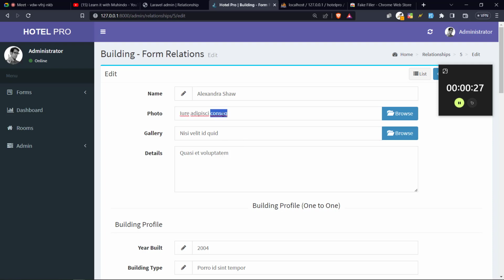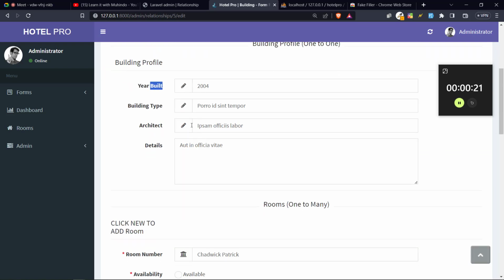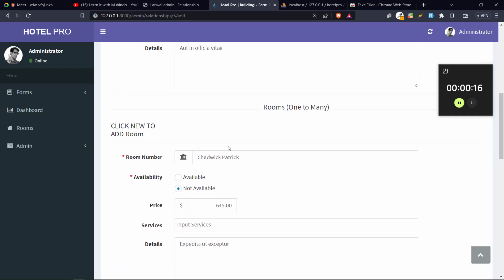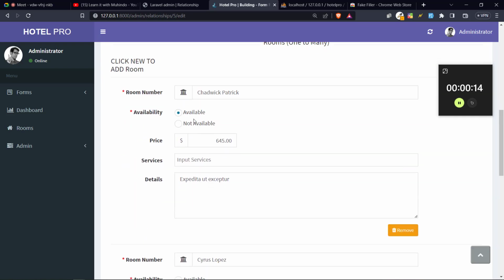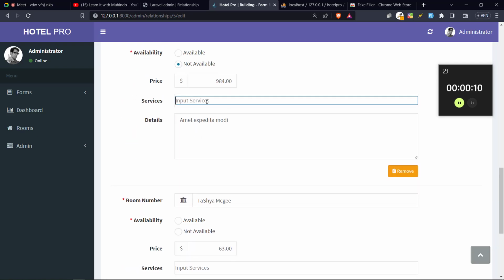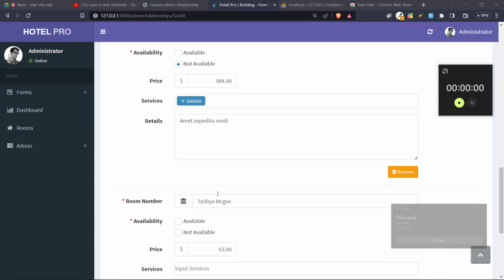So let's first go ahead and submit this and receive. So you see the year when it was built. So this is about the information, more profile information. So I can say maybe it's available. I put the price there. I put here the services offered. So services offered, maybe you can put sauna and put something like that. Okay,